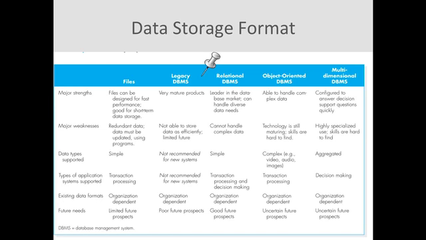Relational database management system. This is the main type of database system in the market today. They can handle diverse data needs. They cannot handle complex data. They're used for simple data types, mostly transaction processing and some decision making. Data formats is organization dependent. Future needs are very good prospect for your future as applications continue to grow and evolve. Most of these will still rely on relational database management systems.